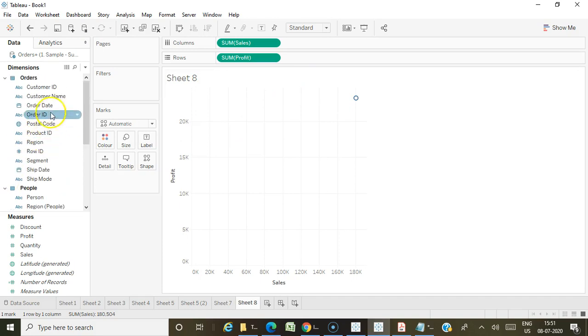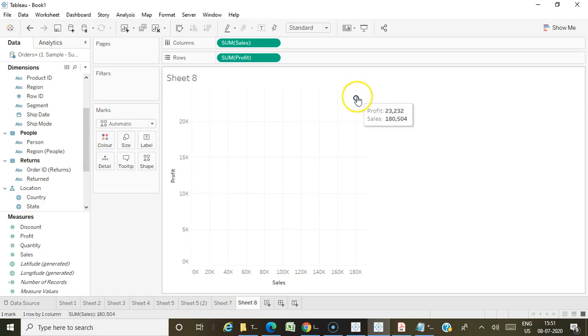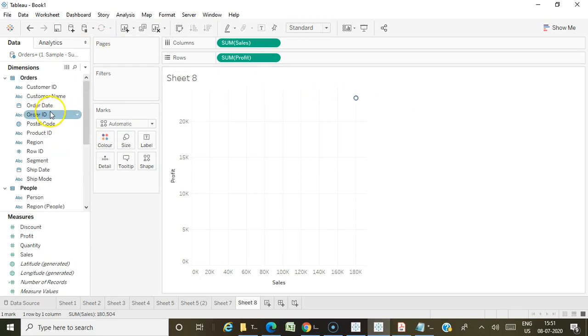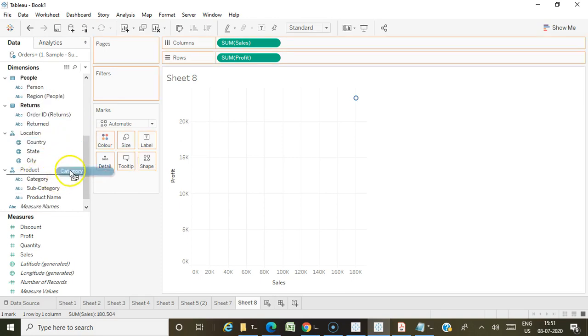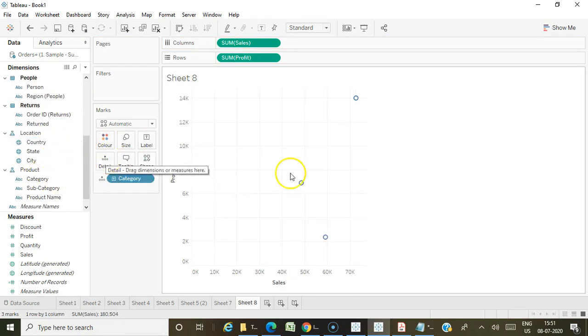Now if I want to show the sales value across each category, I can drag the category to the detail section. This shows me the sales and profit value across the category.